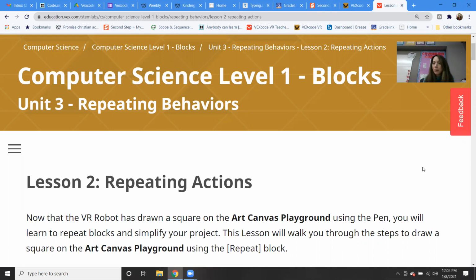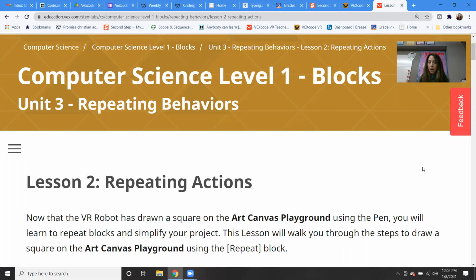So at this point, we made our robot go forward, reverse, and turn, right? We made some squares last week. You had to make a large square and a small square. And we're going to continue with the squares, except this week it's going to teach you how to use the